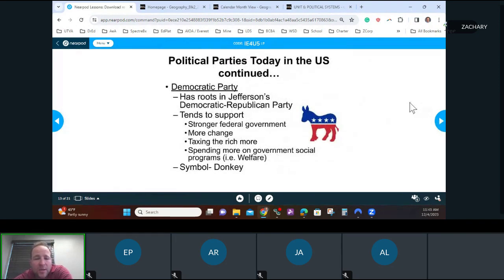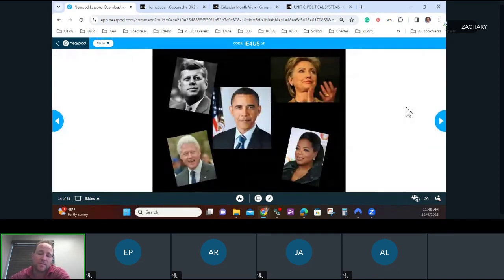The Democratic Party has its roots back to Jefferson's Democratic Republican Party. They tend to support more of a federal government, more change, taxing the rich more, and spending more on government social programs such as welfare, and their symbol is the donkey. And here's some common Democratic